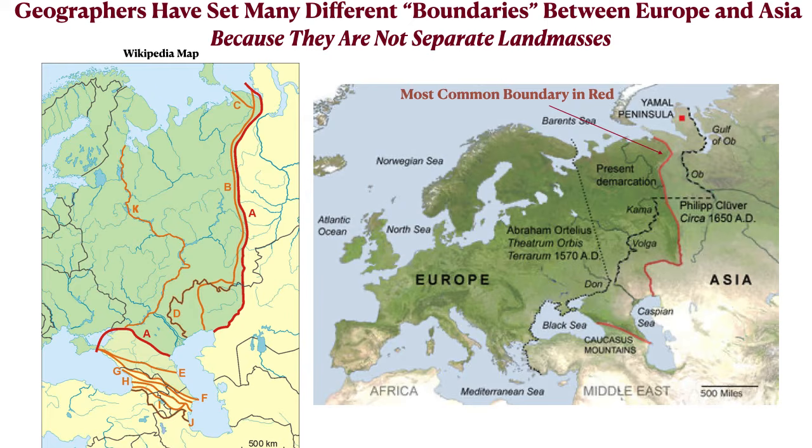Geographers have set many different boundaries between the two, and they've been able to do that because they are not, by any stretch of the imagination, separate landmasses. Europe and Asia are one landmass. So we can see a Wikipedia map on the left that shows many different divisions that have been used or proposed. Notice especially in the south here,